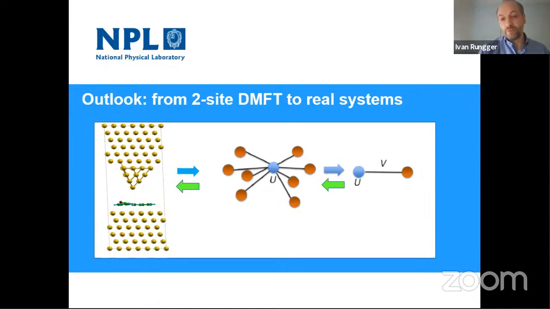We need to add more bath sites to the system. Can we then describe, for example, this Kondo physics real system on the left? And actually the answer is no, not with any reasonable number of sites. So for example, even if I put 12 bath sites, because of the peculiarities of how this Kondo physics works, you will not be able to describe it, right? So even if the quantum computer can do 11 or 12 bath sites, which is very challenging in itself, you wouldn't get the right solution. So we need to improve the classical side of the algorithms, even if you want to have a chance to do this.